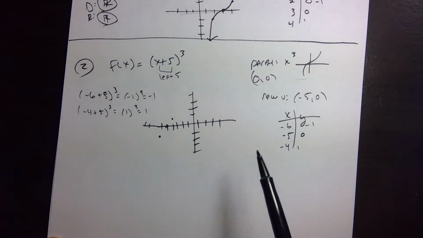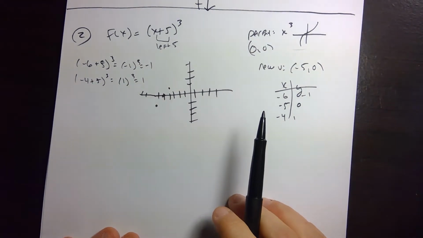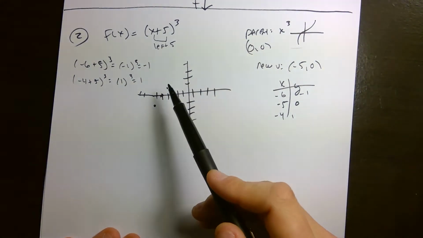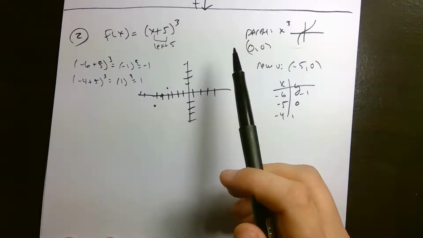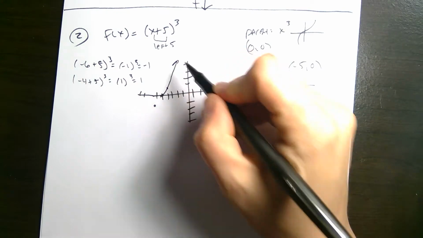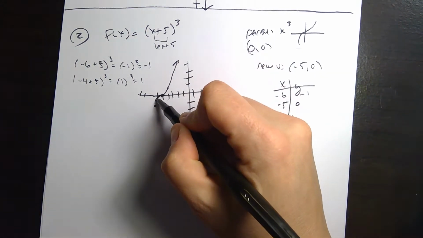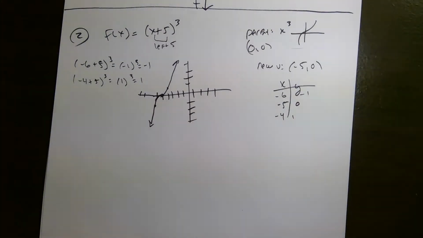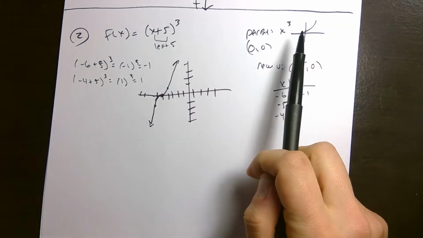Okay, and again, it's super easy to look at these 3 points and just be tempted to make a straight line through this. But again, we know that we cannot do that. And so we will kind of zoom it up like this, and we'll make it a little more curved. I kind of missed that one there. And there you go. And so what we've done is we've picked this guy up and we've moved him over